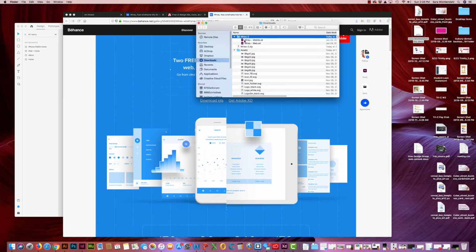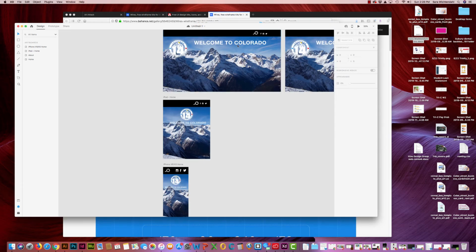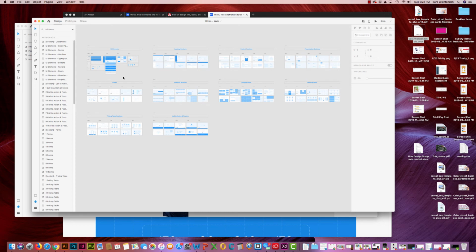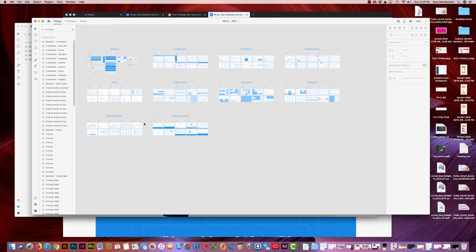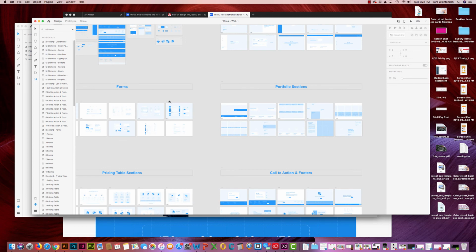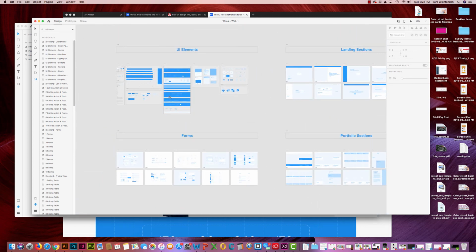And that's going to open up 2 XD files. One is for web and one is for mobile. So I'm going to double click on the web one. And that's going to open up a new project for me. There it goes. And you can tell there's a ton of elements in here. And this is wonderful for building a very quick wireframe. So I'm going to zoom in and you can pan around,